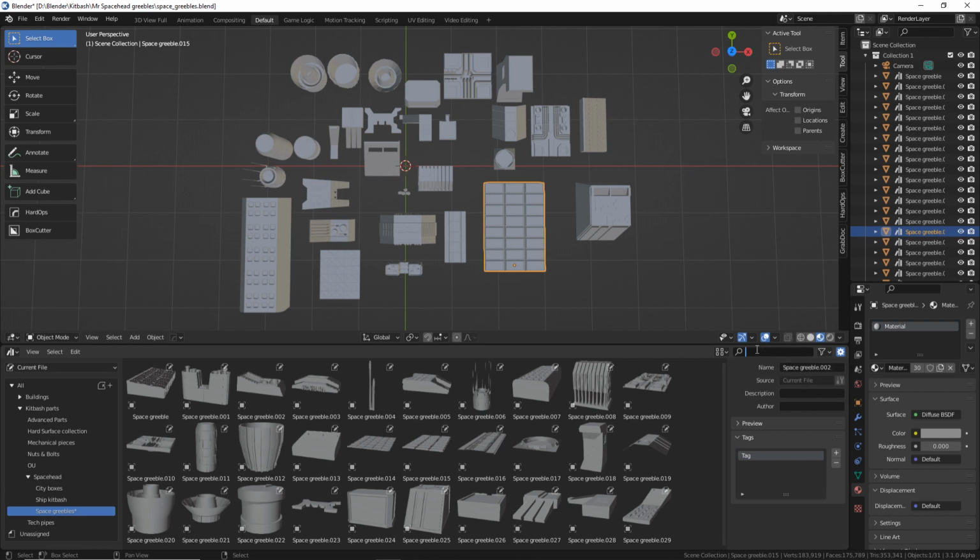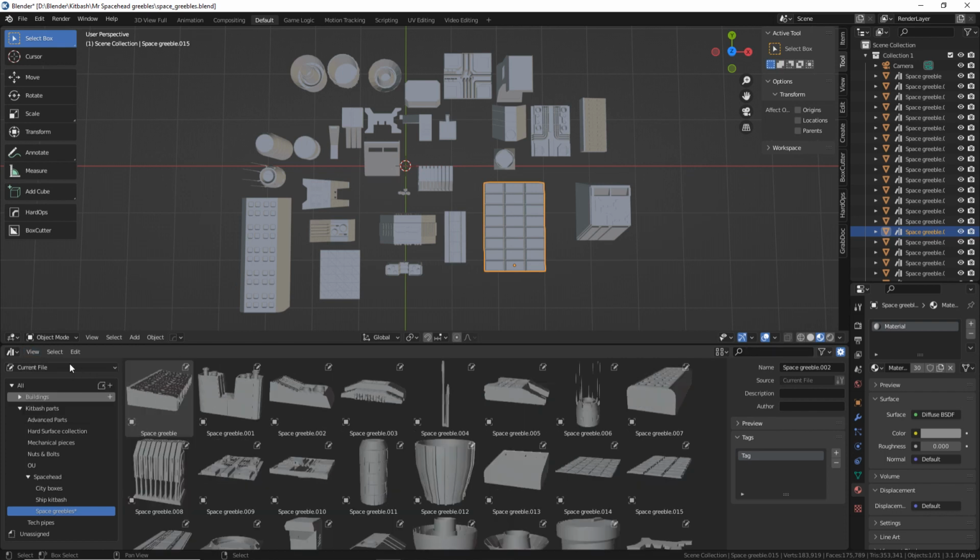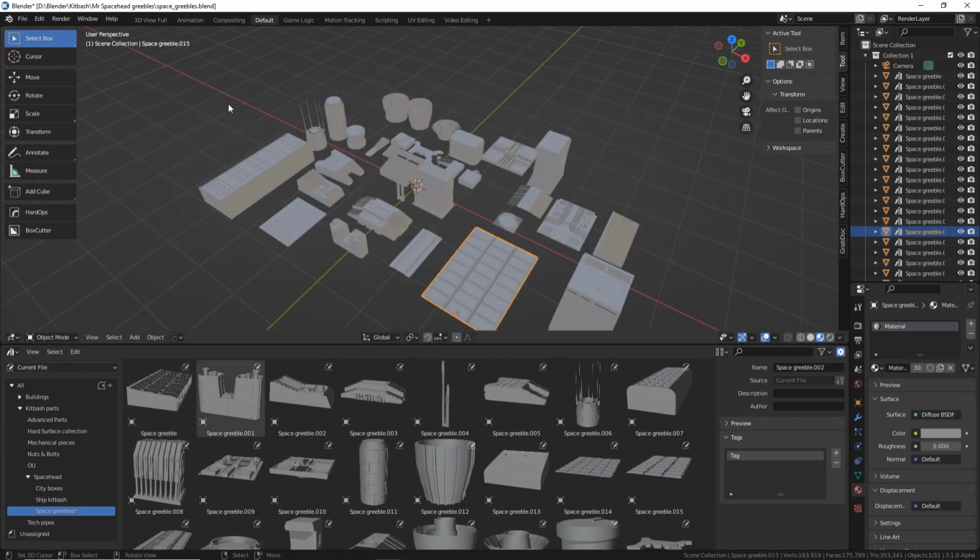Speaking of which, there is a search bar here. You can type in text to find things. You can change your thumbnail size. Under the view dropdown, you got some select modifiers like inverse and none, box select, and under edit, you only have undo. I'm sure there's going to be a lot of stuff added here soon, but before we move on, we have